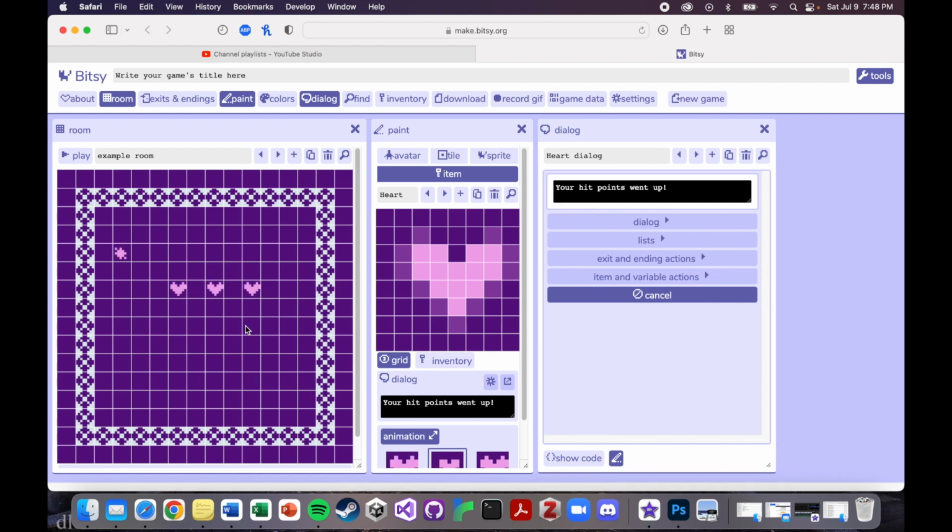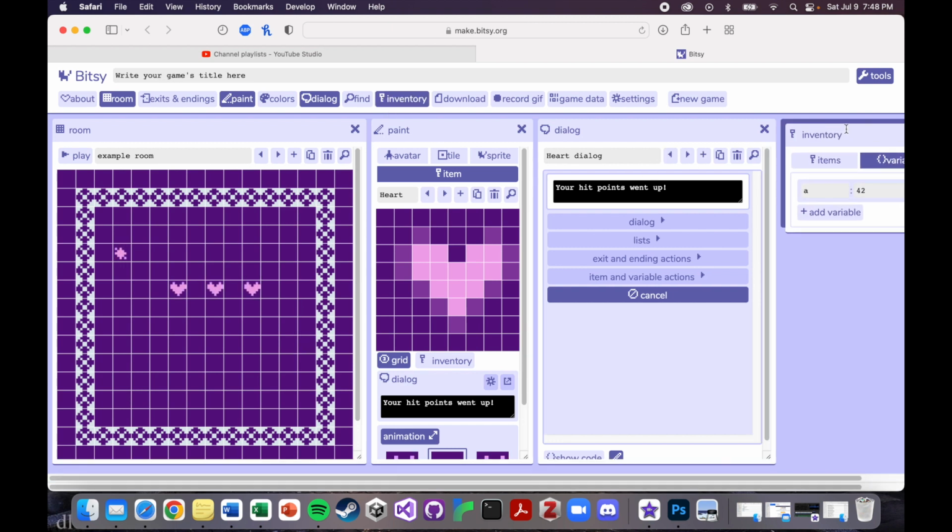The first problem is that we don't have any variable assigned for hit points, so our player doesn't have hit points that can come up or down. And I also want to make it so that every time I interact with one of these hearts, something different happens each time. So let's get started with how to make all of that happen, because that's kind of a lot to cover. So let's start with going to our inventory,